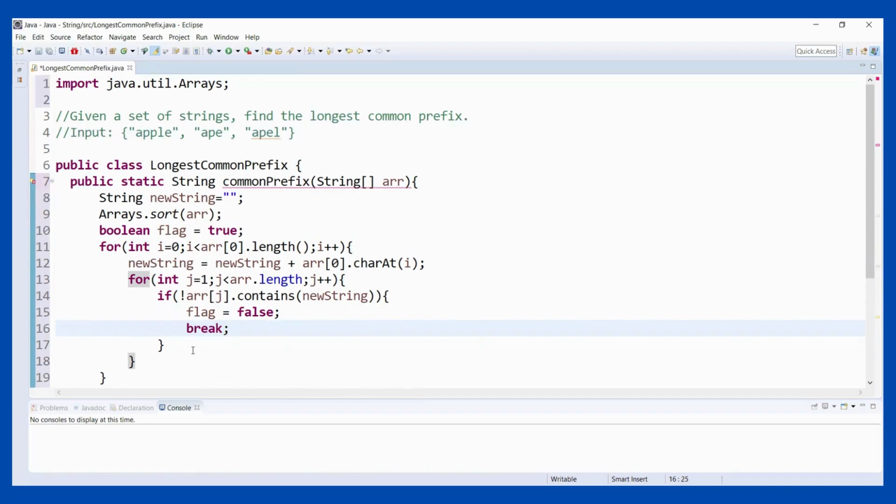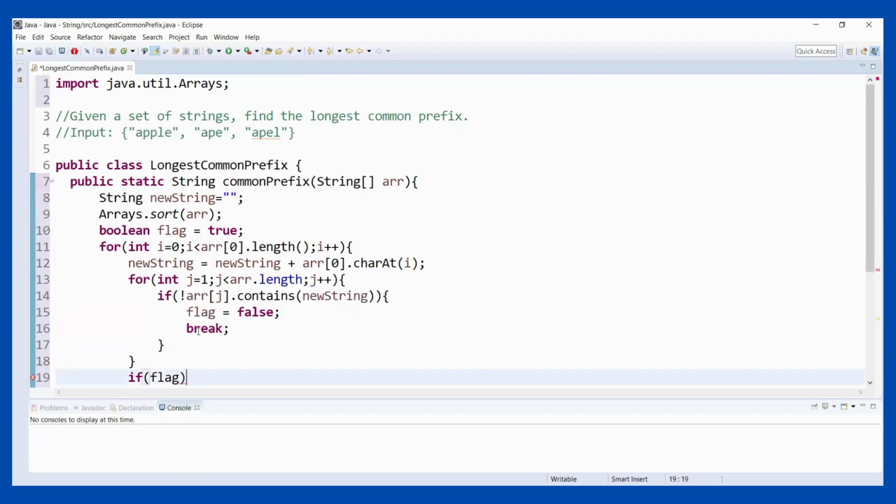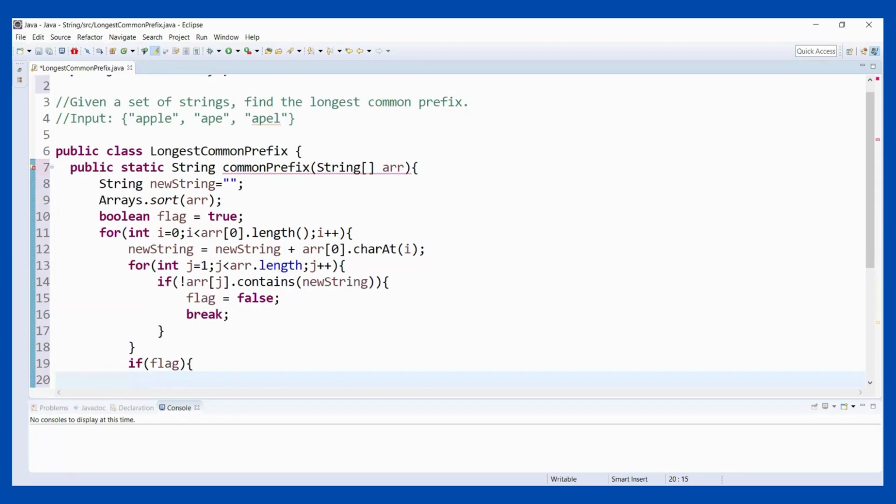Now let's say if I am getting the value as true. If it is false, then we are going to break this inner loop. So I'm going to check for this: if I'm getting the value of flag as true, if this condition is not executing, it means that all the characters or strings we are reading from the new string are present inside the array of j. Then in that case, let me create one